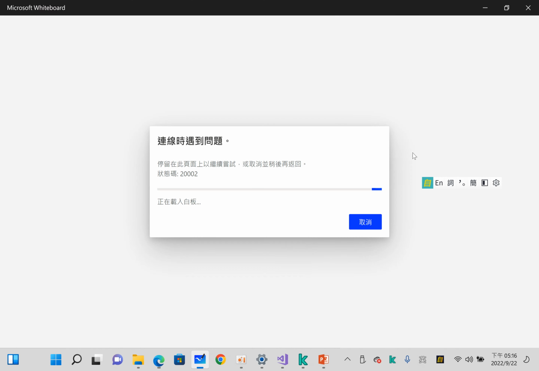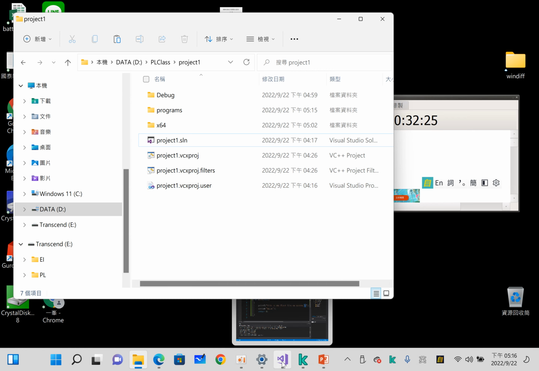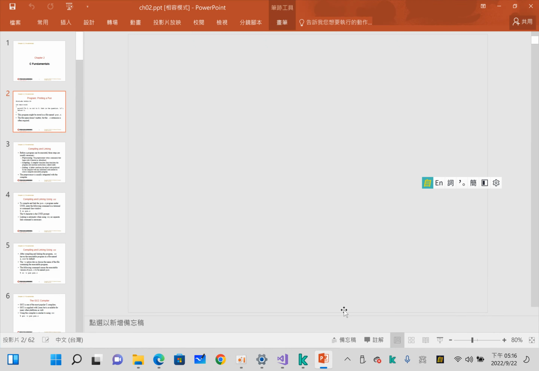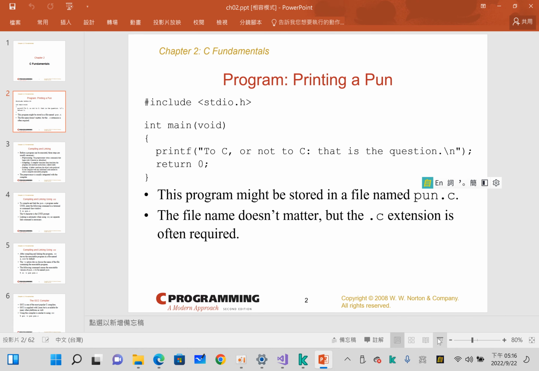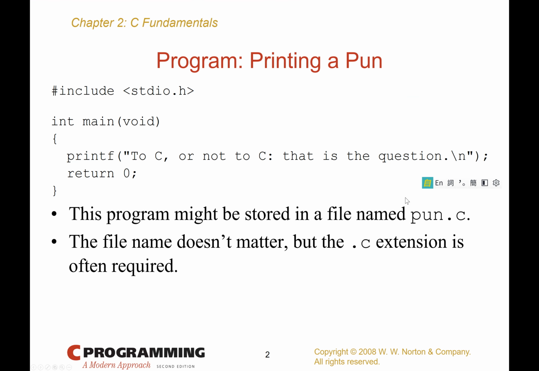What's that? What's that? Dumping. Okay, let's get back to here. Okay, so